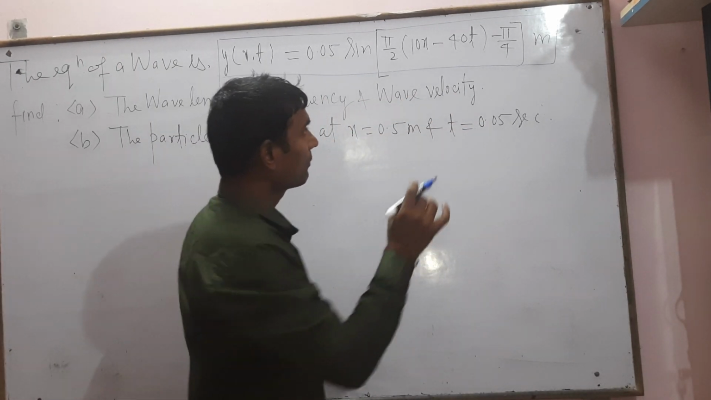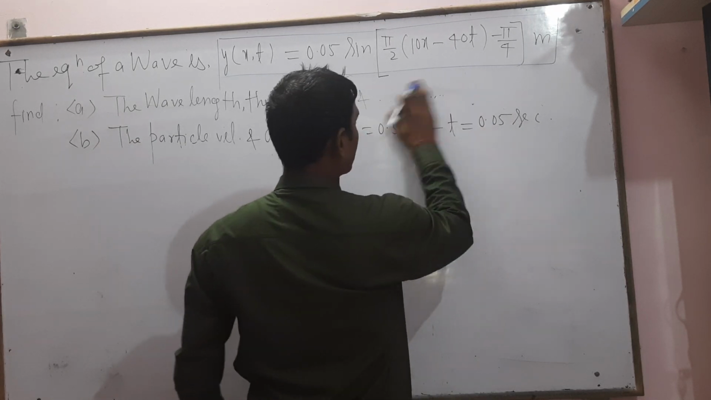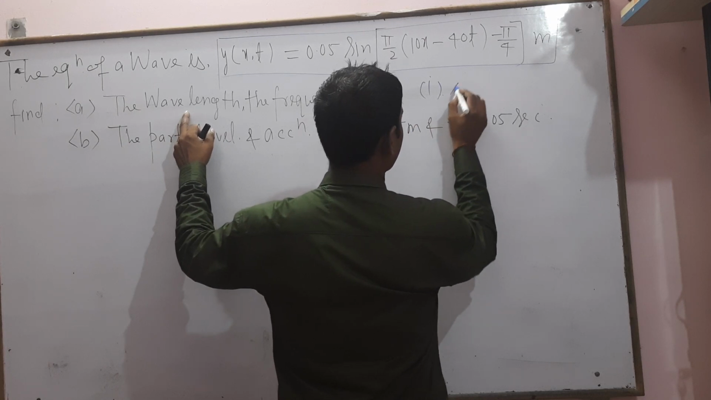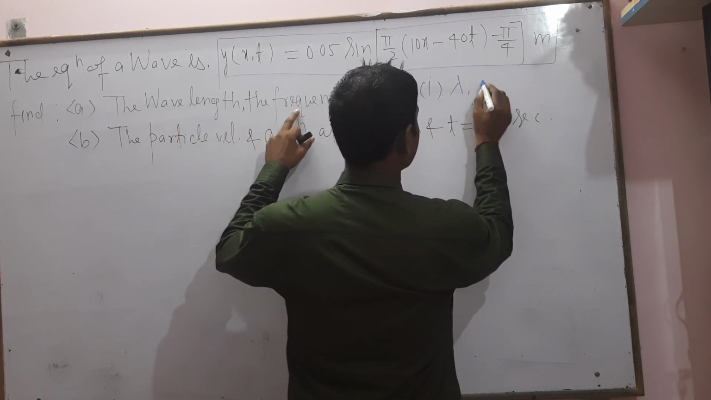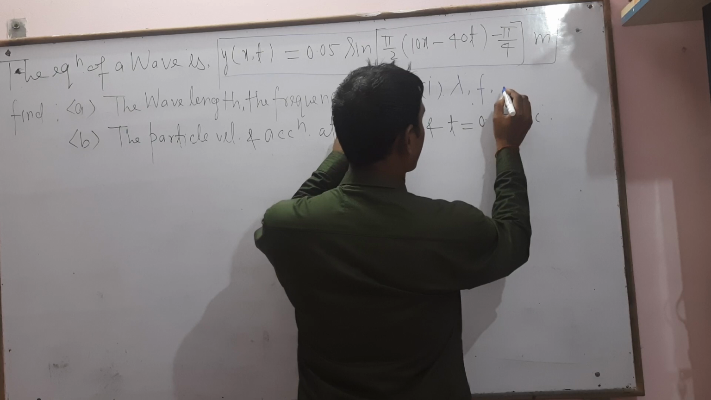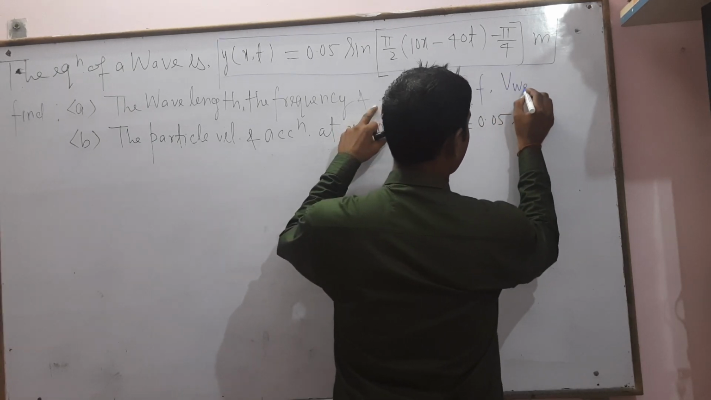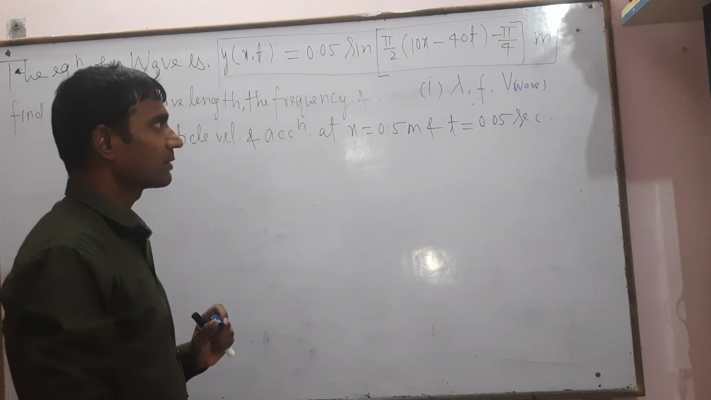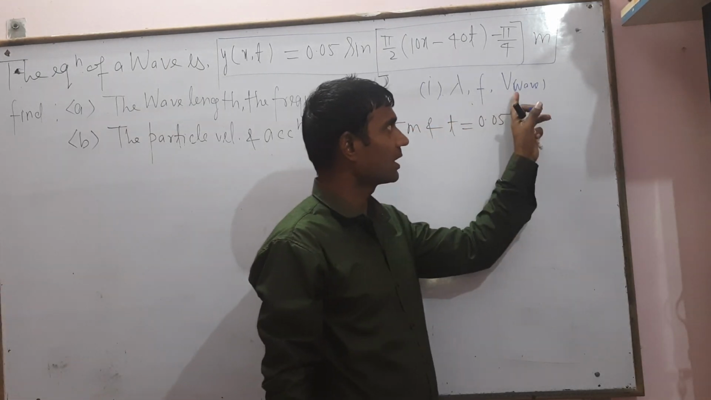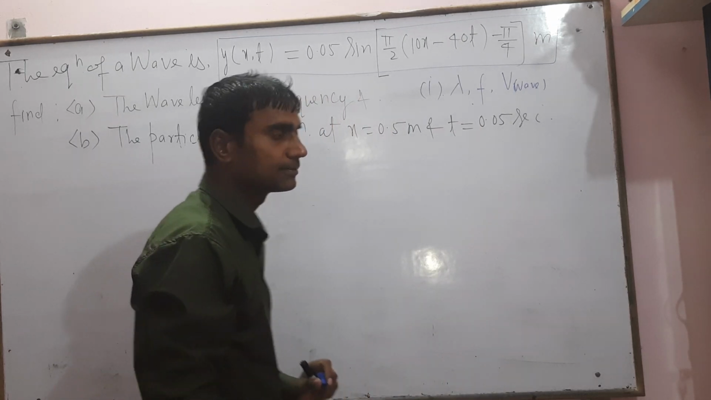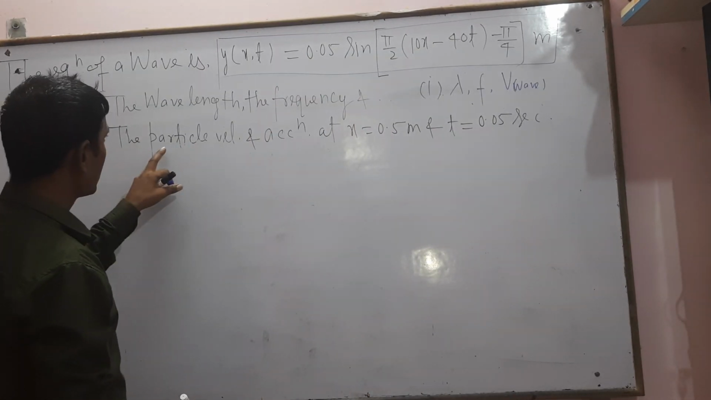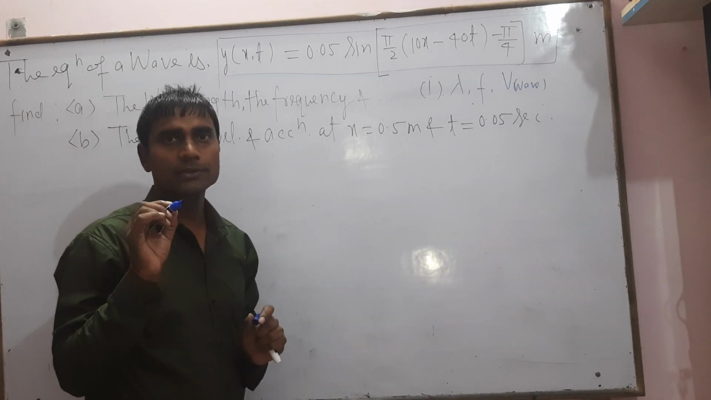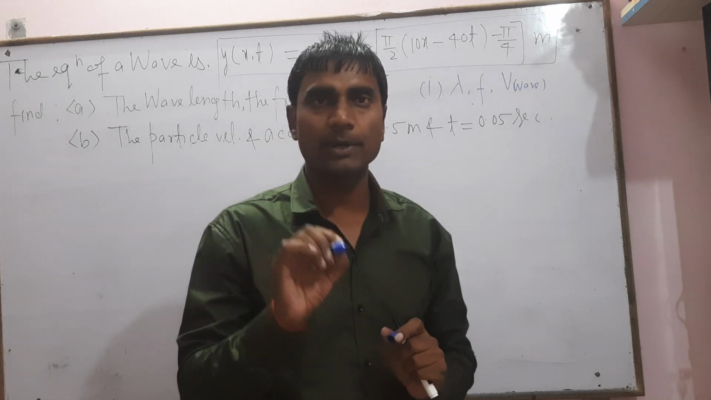Means we have to find, in the first point, the wavelength. The representation of a wavelength is lambda, and frequency and wave velocity means velocity of the wave. We have to find three things: first is the wavelength, second is the frequency, and third is the wave velocity. And in the second point, find the particle velocity and oscillation, means velocity of a particle and oscillation of a particle at